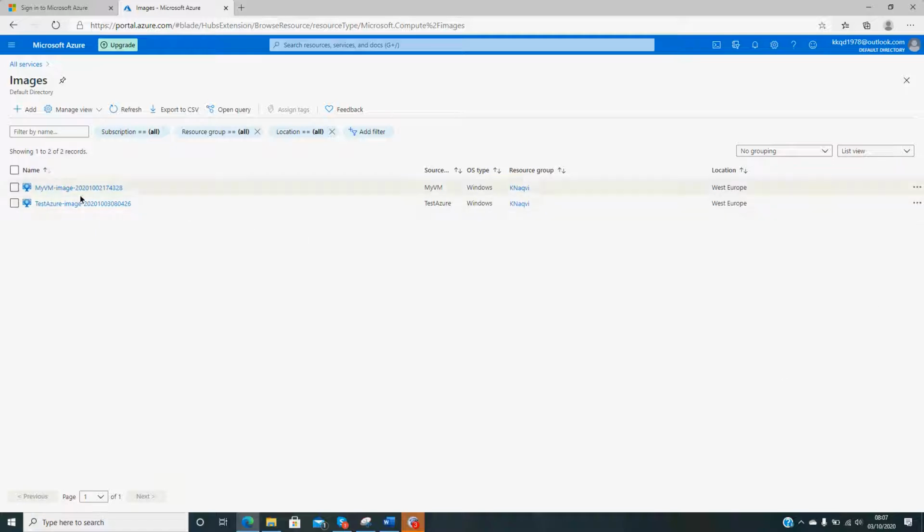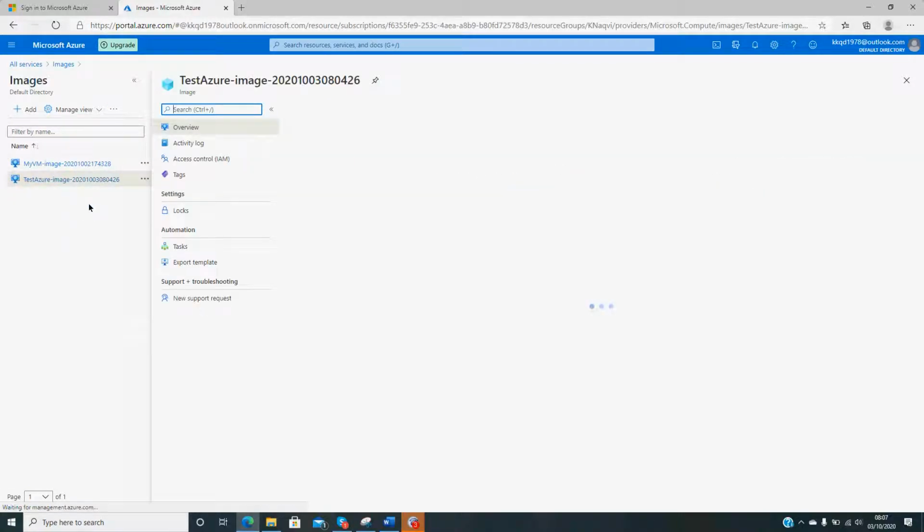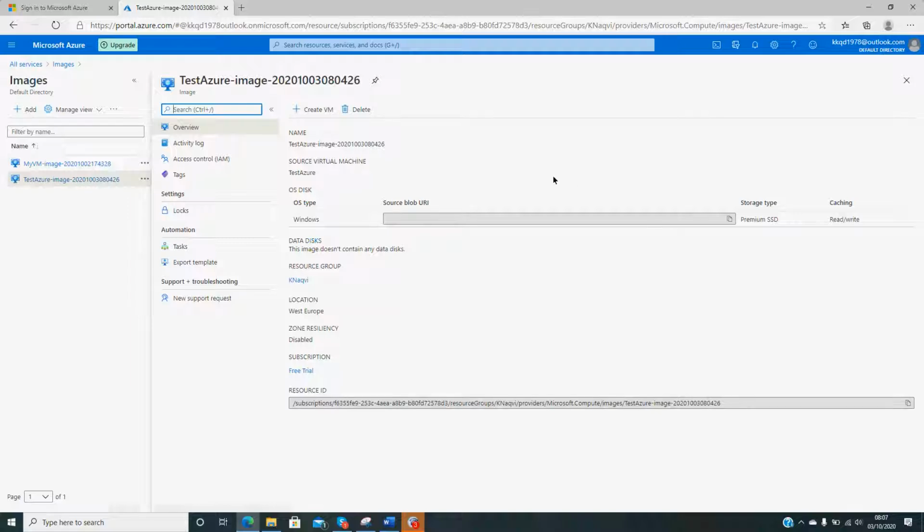So you can see one of the images that I created yesterday. I'm just going to delete that because it's not relevant. I don't know why I can't delete it. Anyway, let's leave it like that. So this is our test image that we have just created, test Azure image. If you go inside there, you can see